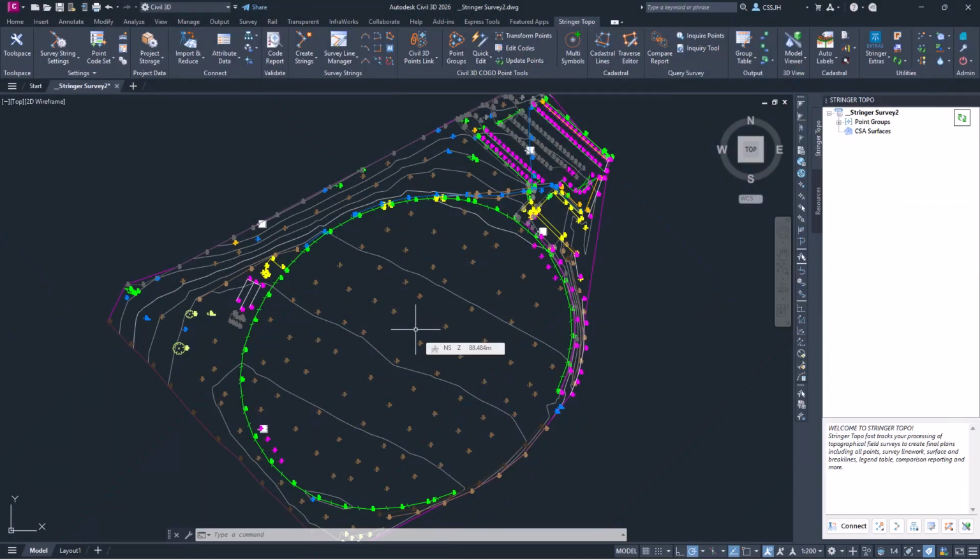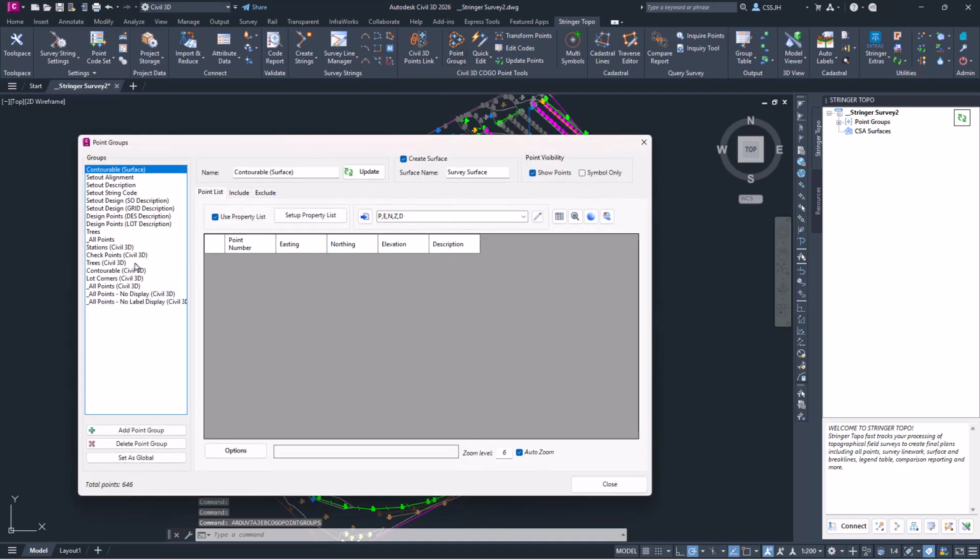Let's now explore some outputs that include your attributed data. First, let's look at creating a table of information. One way to achieve this is to copy the attributed data fields and apply them as point properties. From there, we can then create a table using these point properties. The first thing we're going to want to do is assign all of these fields to the points themselves. So we're going to drop down this here and go sync to COGO properties to sync those attributes onto the points themselves. From here, we're going to go to point groups and then select the point group you wish to